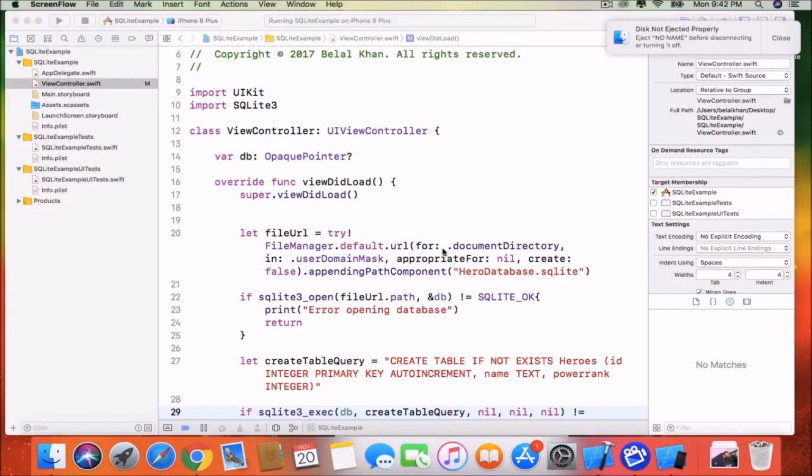Welcome back, guys. So in the last video we have created our database table, and in this video we will see how we insert values to that table. So to insert values we need to get the values, and to get values we will create an interface. So this time come inside main.storyboard,